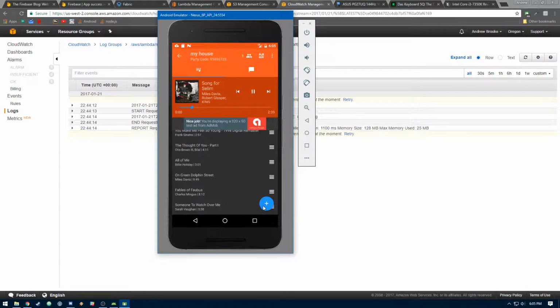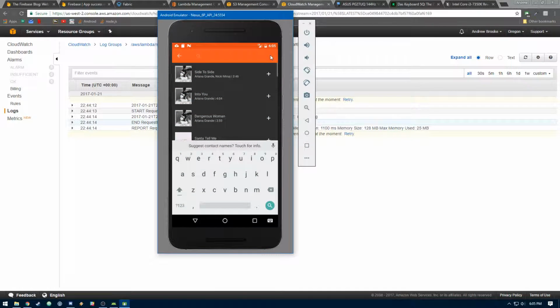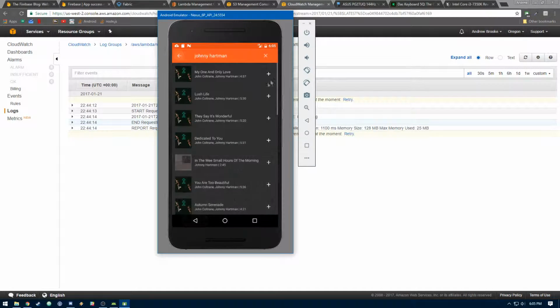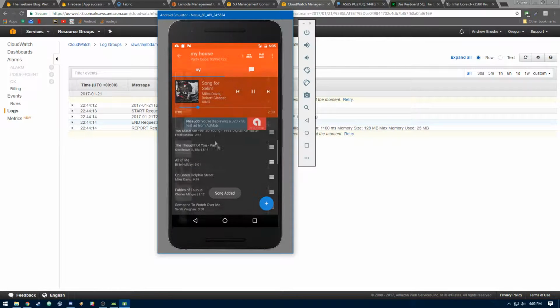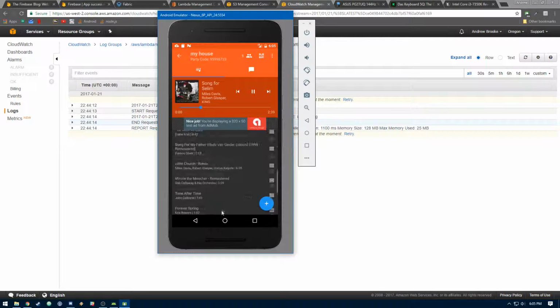So you and your friends can go also to this plus button and add a new song. So let's search for Johnny Hartman. And let's add a song, and this will basically add it to the end of our playlist. So if your friends do that,